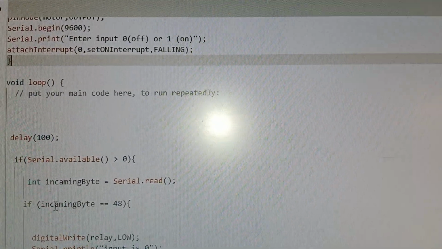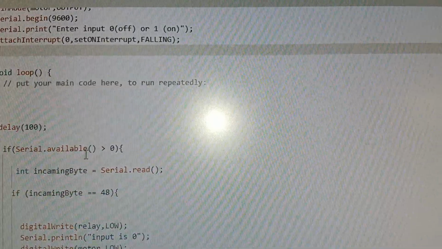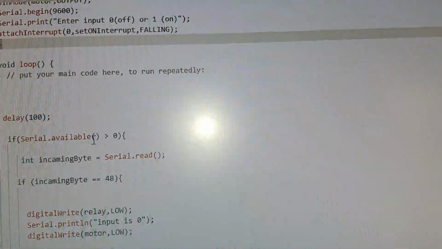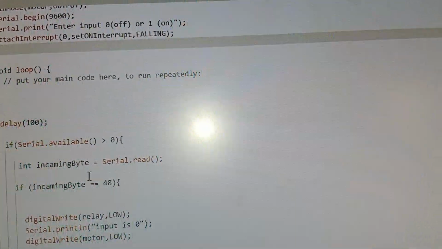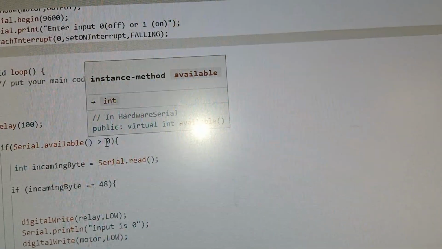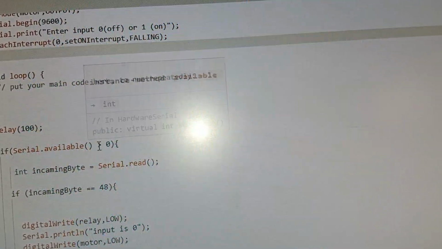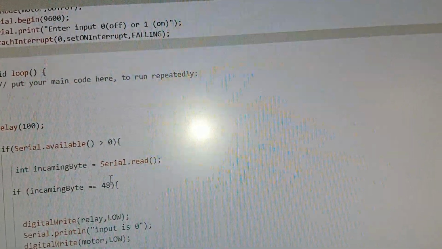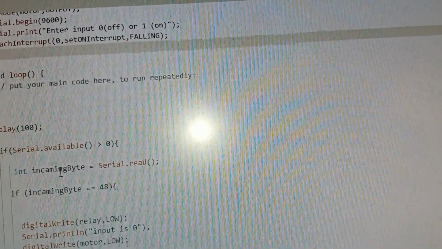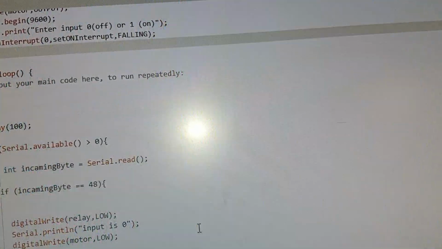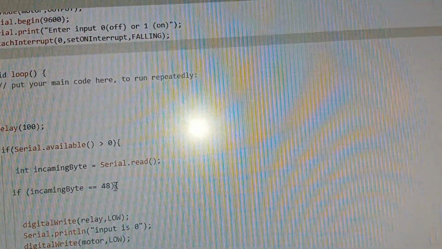Then here I set up the serial to get the serial input. If serial is available, if the inputs available is greater than 0, usually it returns -1 if there is no input. If it's 0, then